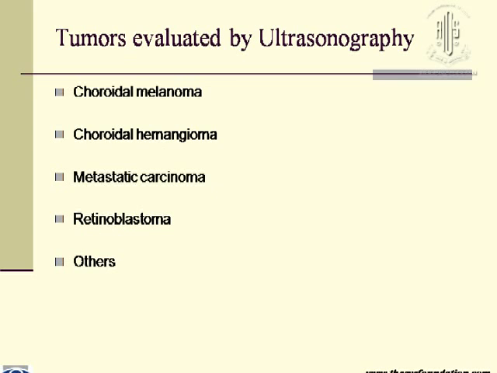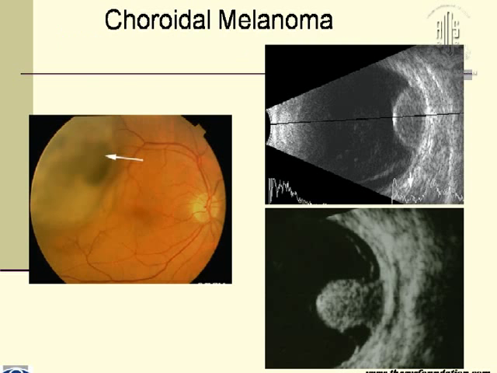These are some of the tumors where ultrasound is very useful. All these tumors have characteristic clinical as well as echographic findings, but we come across atypical findings very often, and most often we have to combine the clinical as well as the ultrasonographic features to come to the final diagnosis. One of the most important uses of ocular echography is in the evaluation of choroidal melanoma, which is the